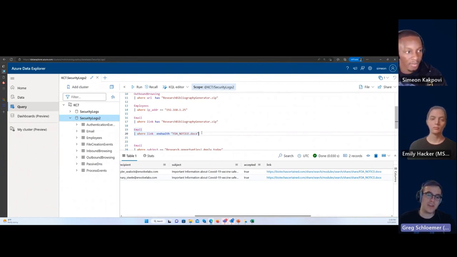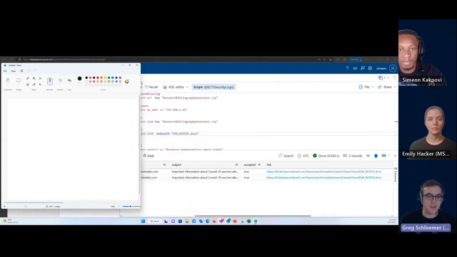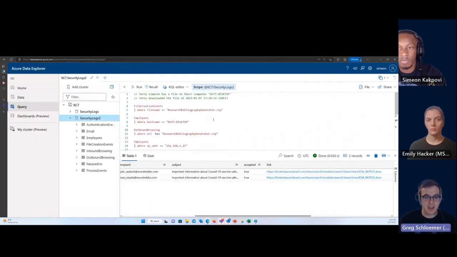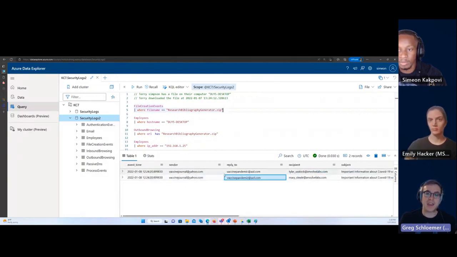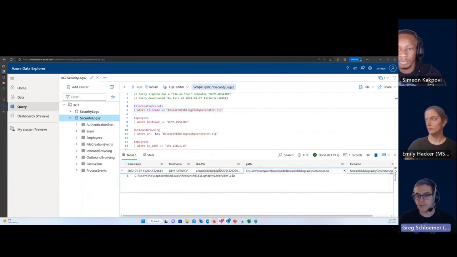Simeon, let's do a few pivots so when we talk about a cluster of activity, right? We're not talking about an ADX cluster. We're talking about a cluster of intrusion activity. We're seeing badness in our logs, and we want to expand out and see what we can find. So Simeon, let's do a few pivots and let's write some stuff down. Let's write down some of the domains we're finding. Let's write down some of these emails. And then we're going to go back to the diamond model that we talked about way at the beginning of the session and start to talk about how each of these pieces fit into the diamond model.